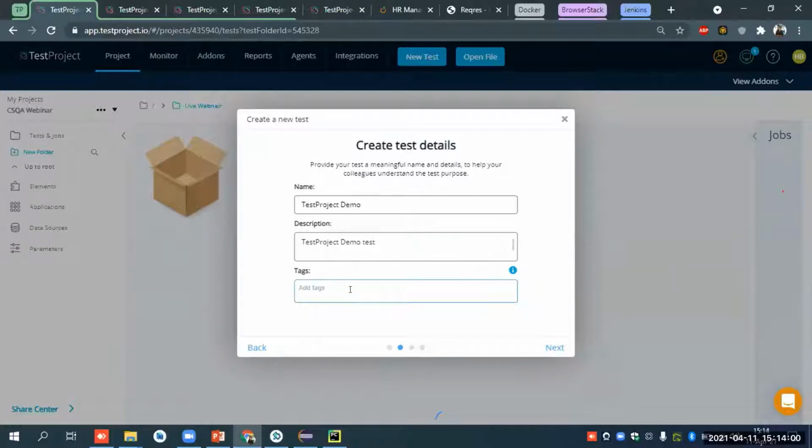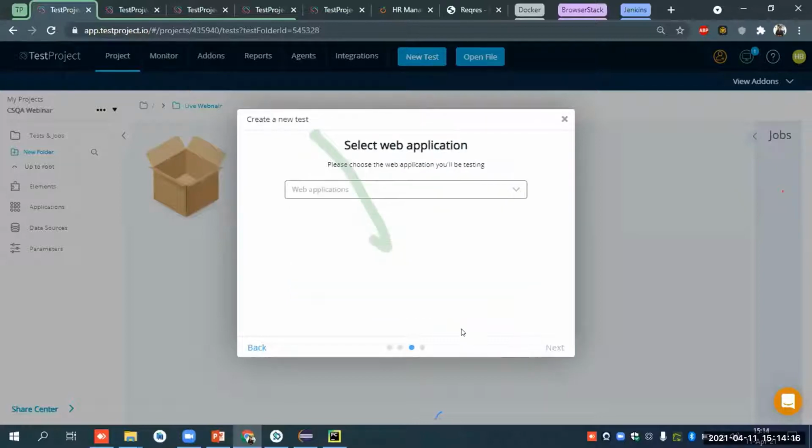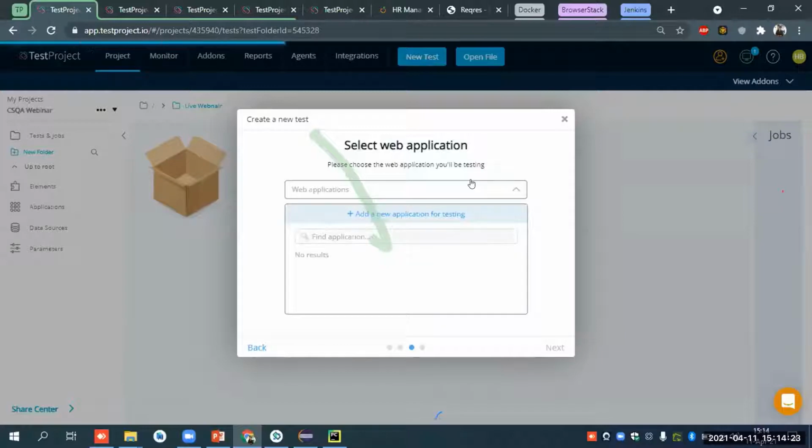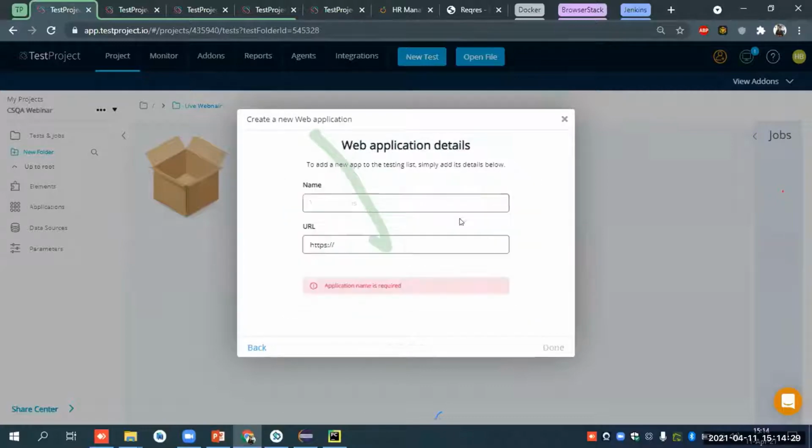If you want any tag, for example for mobile or web or for a particular application, you can use a tag here, like just the demo. After that, you have to create a web application, on which you want to test. Right now we don't have any web application, so we need to create one.